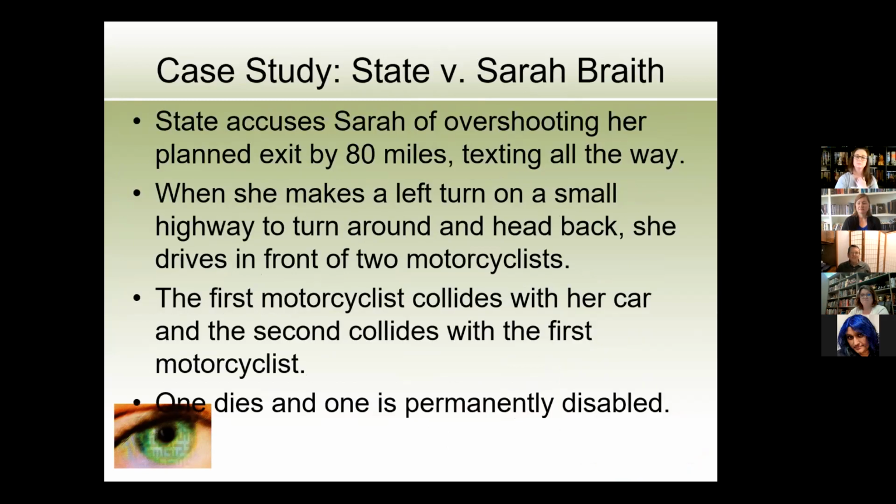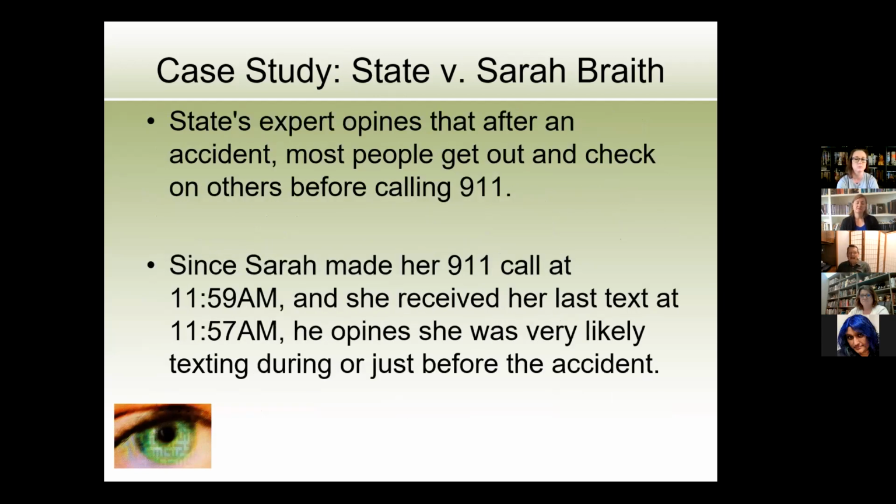Let's see, can I squeak in one more? So the rest of my cases are distracted driving cases. This is a case where a young woman in college was texting while driving. She did text for about an hour with her boyfriend on the phone. But after she stopped texting, she was on a cloverleaf, an overpass, and then there was a collision with 2 motorcycles and her car. There was a death and a permanent disability. And the question was, was her texting while driving activity the proximate cause of the accident?